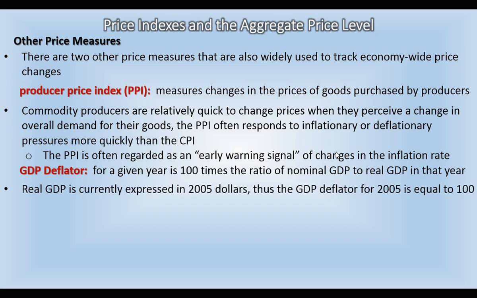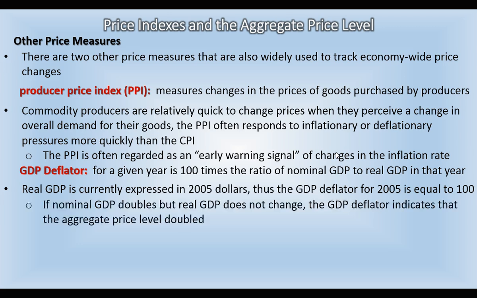Real GDP is expressed in 2005 dollars. Thus, the GDP deflator for 2005 would be equal to 100. So you would have basically nominal over real GDP being equal to each other. So that's 1 times 100. That means the GDP deflator for that year would be equal to 100. If nominal GDP doubles, but real GDP does not change, the GDP deflator indicates that the aggregate price level has